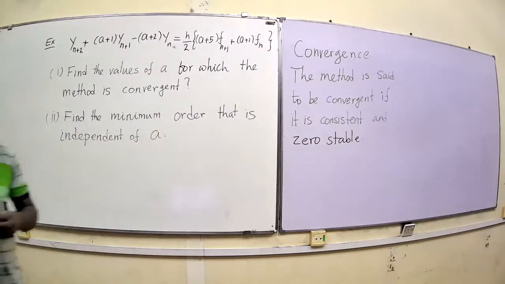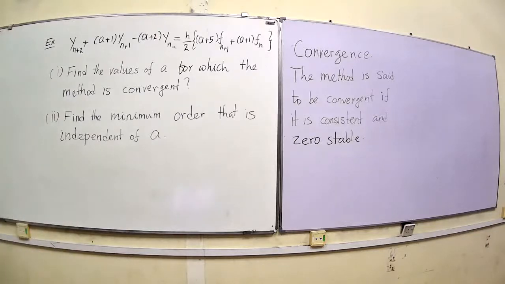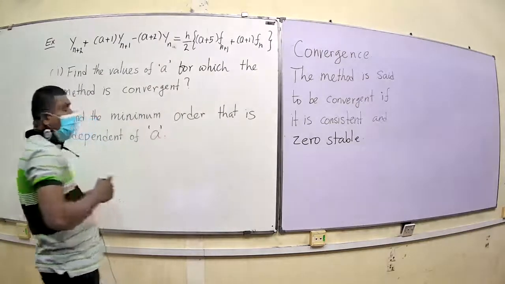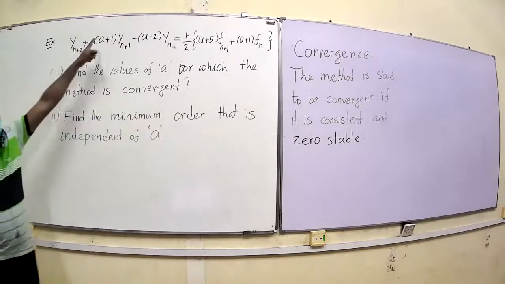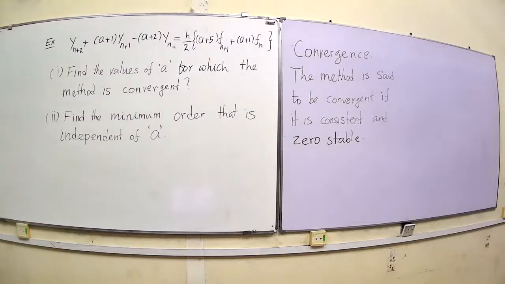And so I gave you two parts here. First part, they ask you to find the values of a, right? So a is given here, and so I put the inverted comma so that you know what is the a we are talking about. And so it is the a given in the problem. So we want to find the values for a for which the method is convergent, right? And second part, they ask you to find a minimum order that is independent of a, because